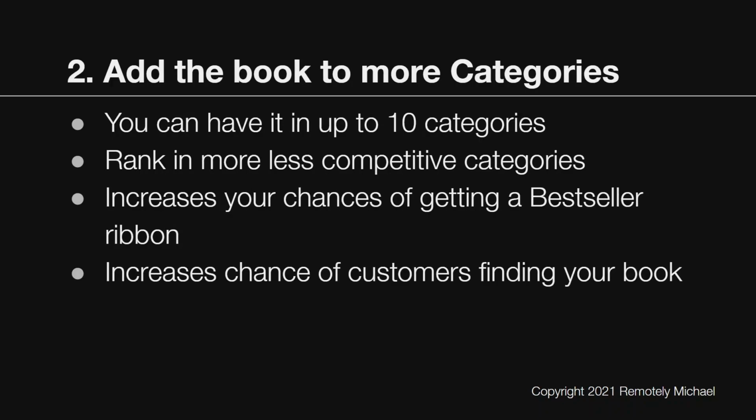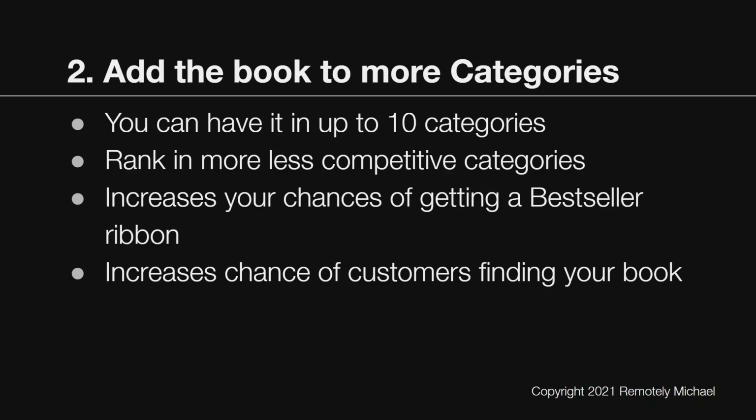Next one, number 2, is add the book to more categories. A lot of people don't realize that you can actually have your book in up to 10 categories on KDP. All you have to do is send them a message on the help and support section. I will create another video just explaining how I do this and why I do this. But it allows you to rank in more